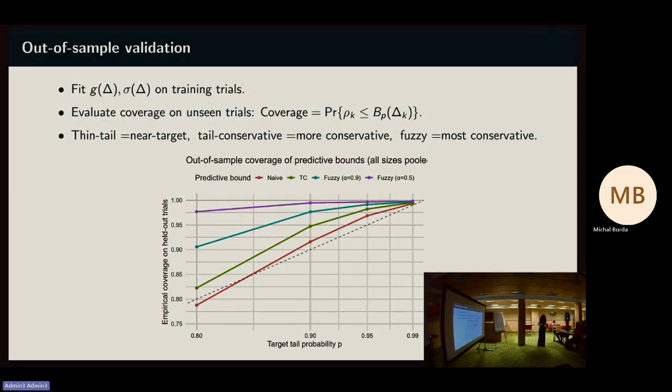Now, in order to check if what we have done is applicable, we do an out-of-sample validation. Here we fit G of delta and sigma of delta based on 70% of the collected data, and then we use the 30% as unseen trials. And we have here, if you can see,